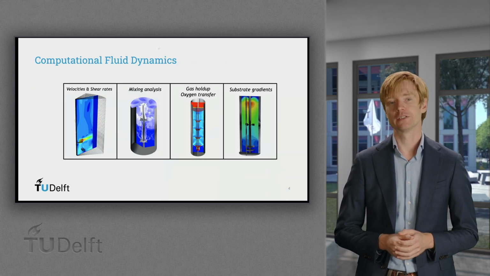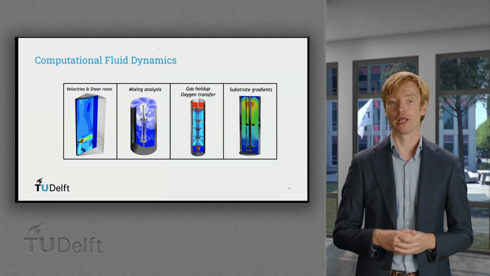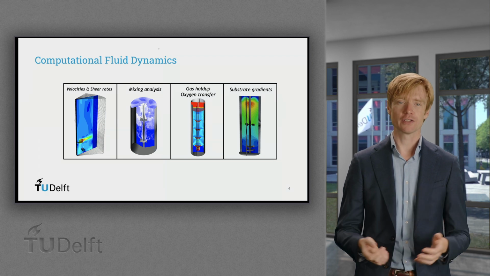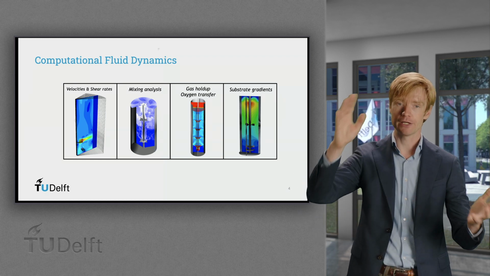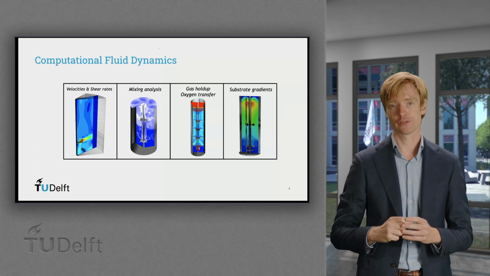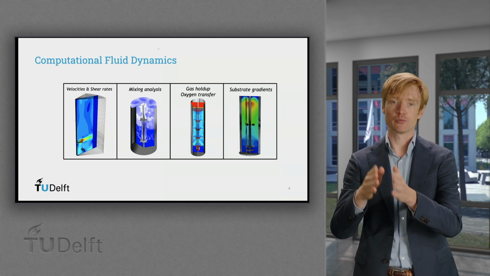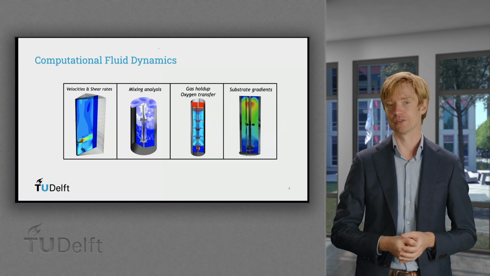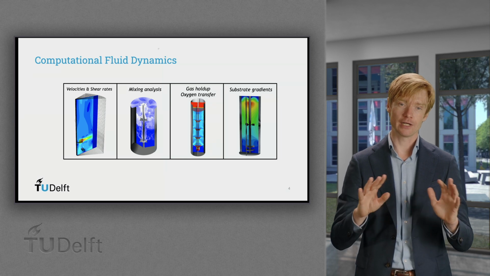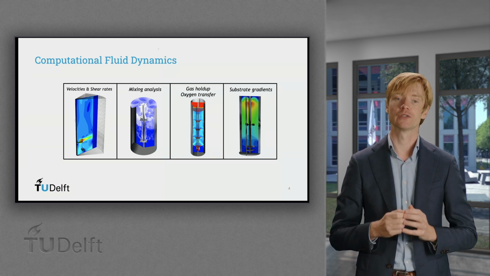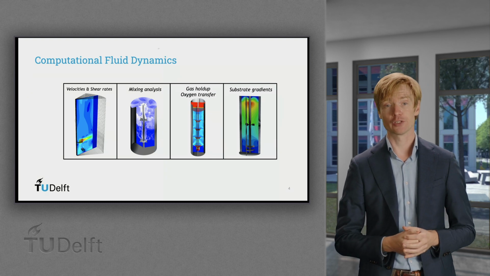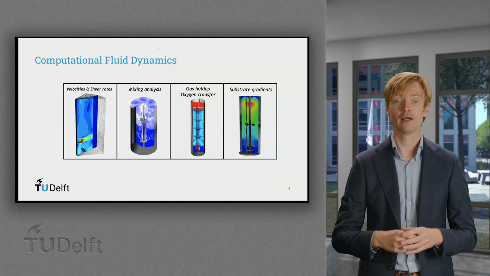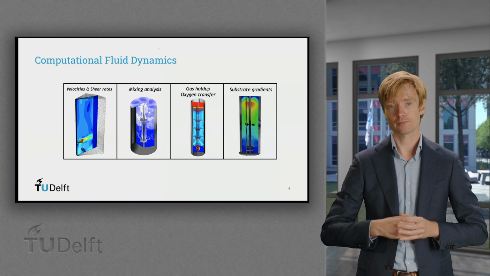To study a process in detail, we can resort to computational fluid dynamics, or CFD. CFD is all about balancing, and rather than solving macro balances over the entire reactor, we solve micro balances. We split the reactor in many small volumes called grid cells or a mesh, and in each of these volumes, we solve the balances. With this, we gain insight in how certain quantities are distributed within the system. Classical applications in bioreactors are, for example, the analysis of hydrodynamic stresses, mixing, and gas and nutrient distribution.